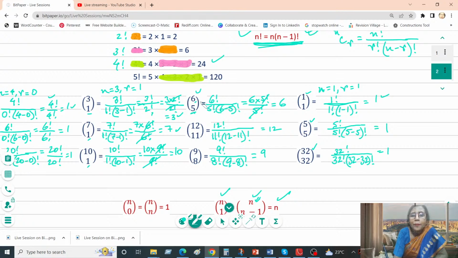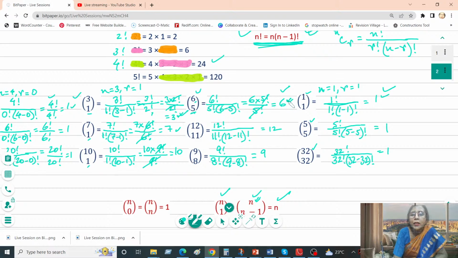And we are seeing that whenever we have the nCn-1 case, the ultimate answer is the value of n. Which term's coefficient is this? It is the second last term's coefficient. You have seen the symmetry in Pascal's triangle, so it has to be this case. The first term's coefficient is equal to the last term's coefficient. The second term's coefficient should be equal to the second last term's coefficient.